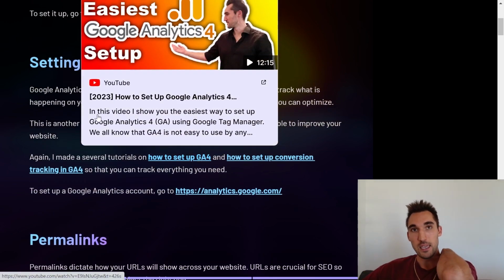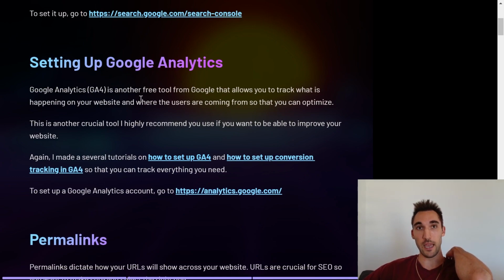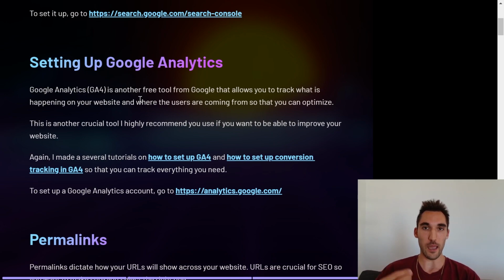Now, the second thing is setting up Google Analytics. That's another free tool from Google, which is going to track exactly what's happening on your website to see where users are coming from, what pages they're looking at, and all kinds of other things. You can also set it up to track specific actions people take on your website so that you know if people who are coming from wherever, landing on your website, are actually doing what you want them to do, like clicking a phone number or submitting a form. So it's a crucial tool I highly recommend using if you're trying to get your website to perform well and